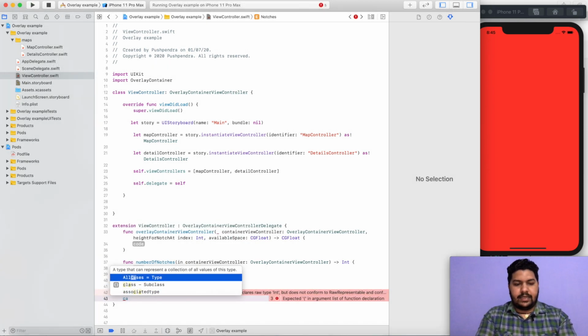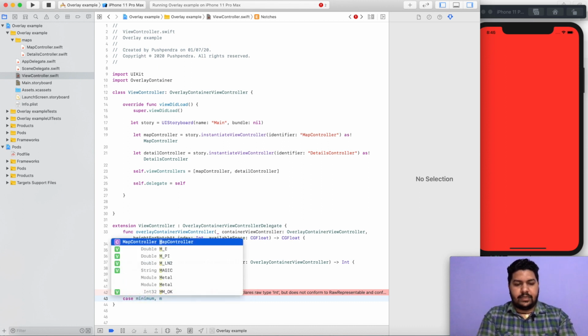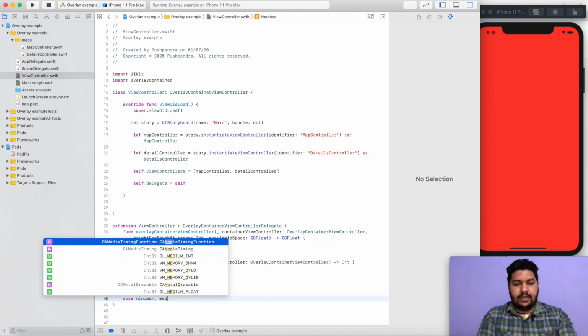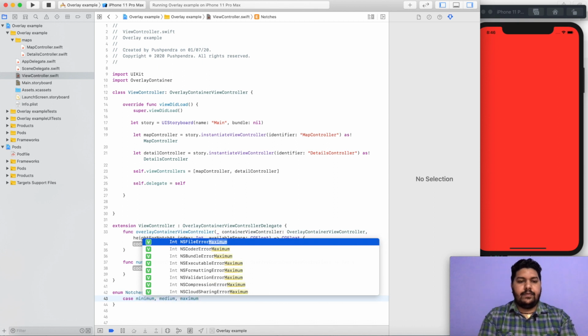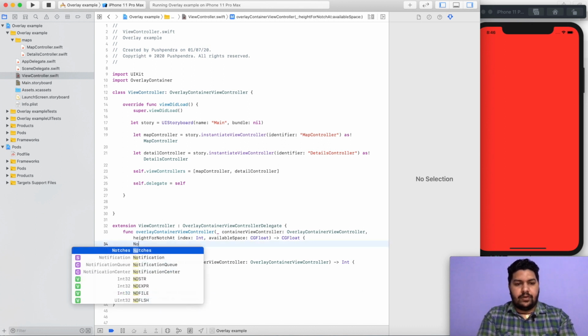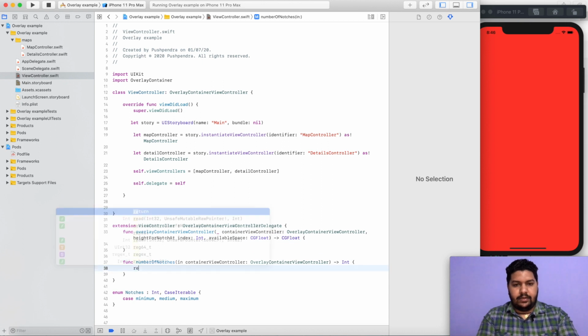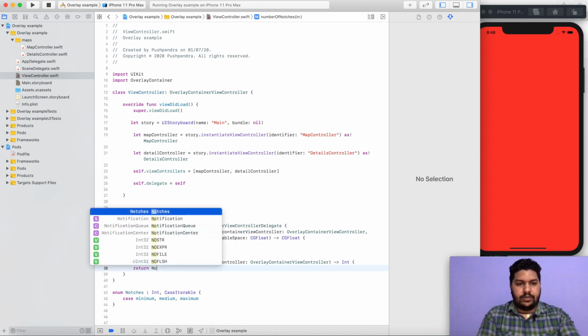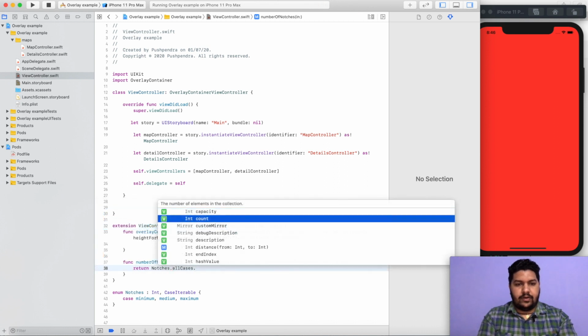Here we say case minimum, medium, maximum. So this will be the cases for my notches. So here, for the number of notches, return notches dot all cases dot count.